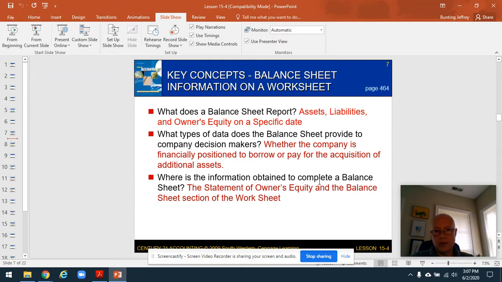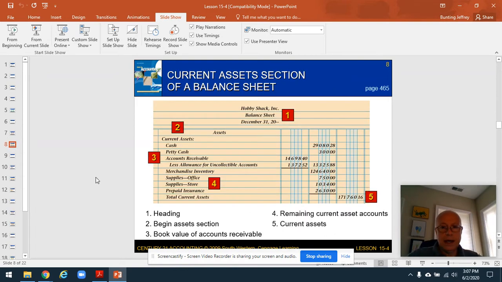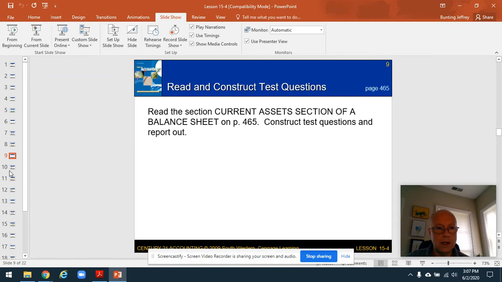And then we go to the balance sheet section on the worksheet primarily, and then we look at the statement of shareholder equity second for that last section on here. Okay, so current assets section, this is what it looks like. Now, this looks very much like what we did last year in Chapter 7.3, I believe, 7.2. So we set it up, who, what, when, set it up with the assets section. But you'll notice here we have a current assets section here, and